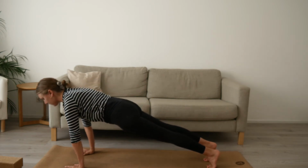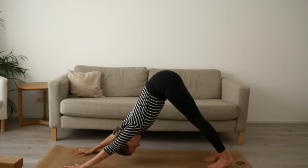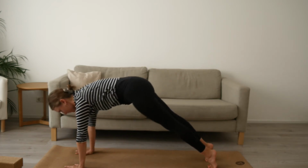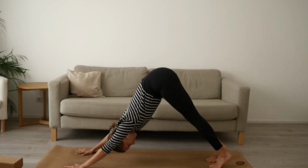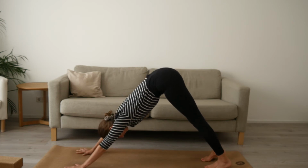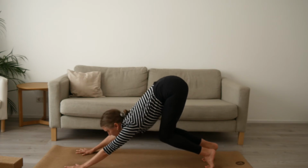From your tailbone, vertebra by vertebra, arrive in that straight diagonal line in your plank pose. And then exhale, bring it back into your downward facing dog. If you're still in your child's pose, slowly come back into your downward facing dog. Inhale here. Exhale, bend your knees, look between your hands to the front of the mat, and then either take